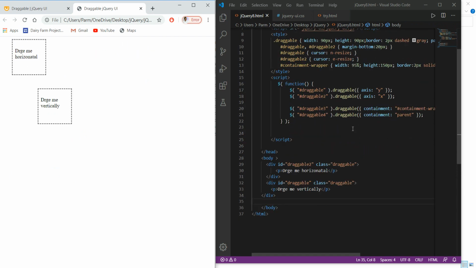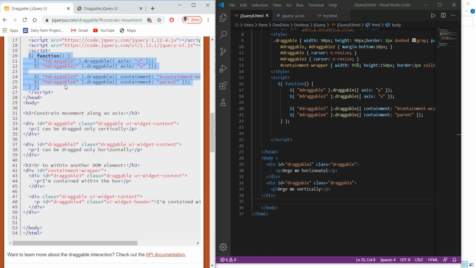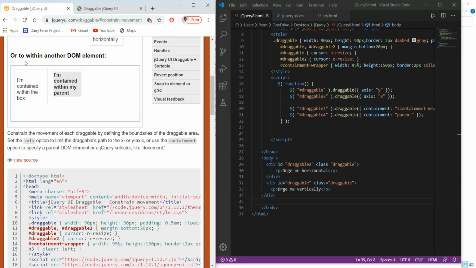And then we have two more features, such as being contained within a box. Look at this box. This box is within our view area, the body area of the browser. So this is draggable within the box only, and this is draggable within its parent only.